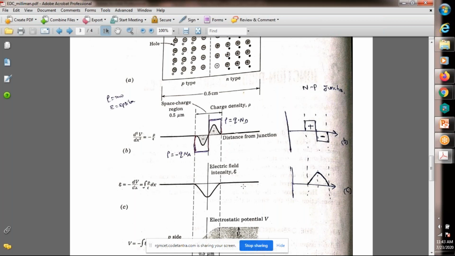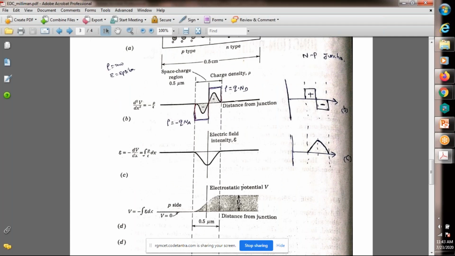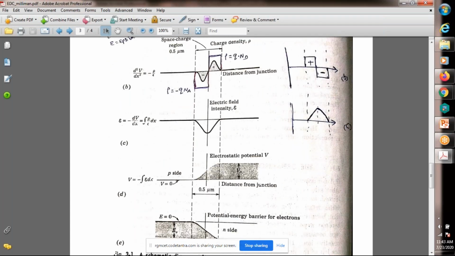Now, one more relation: what is the relation between electric field and voltage? Already we know that relation is one more integration. The electric field is some type of ramp signal, and finally we get some constant voltage, right? Integration of t is t²/2. Now this one is the voltage V0.